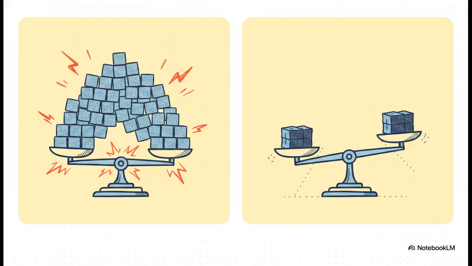So look, counting words definitely gets us really far, but it's not perfect. We actually have to contrast those raw counts with what we call log frequency, which is a super key part of formulas like TF-IDF. Here is the intuitive leap you have to make. If a word appears 1 time in a document, sure, it's relevant. If it appears 10 times, it's definitely more relevant. But if a word appears 100 times in a document, does that actually make it exactly 100 times more relevant to the overall meaning than if it appeared just once? No, of course not. The importance tapers off. We absolutely need a way to scale these counts so they don't just completely overpower the whole system.